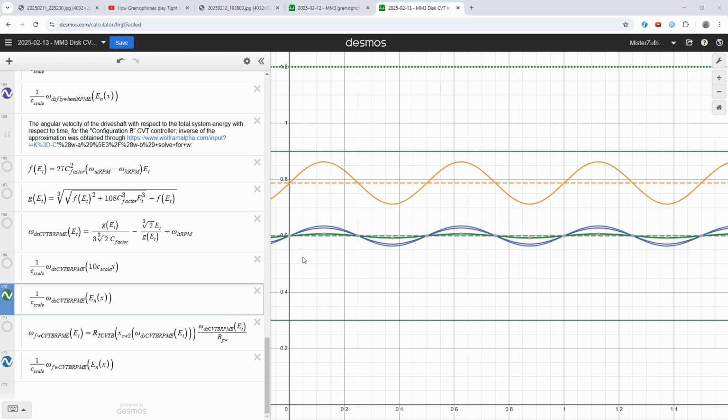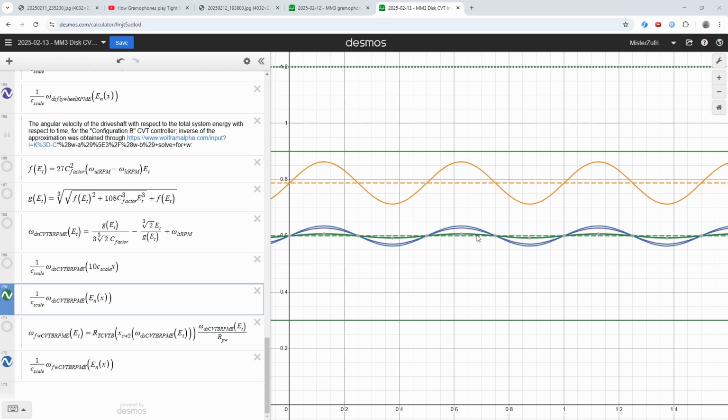Finally, we have this green curve corresponding to my CVT design, which is doing such a better job that I had to increase the tolerance bounds, shown by these horizontal solid green lines, to 50% of the maximum tachometer range so you could see it changing. The blue curve shows the speed of the CVT-coupled flywheel as it absorbs the energy changes to minimize the changes